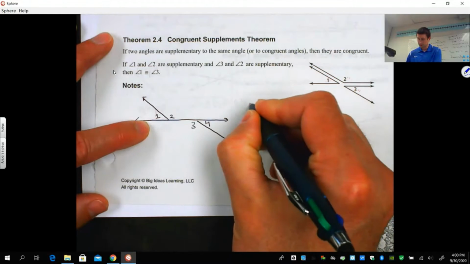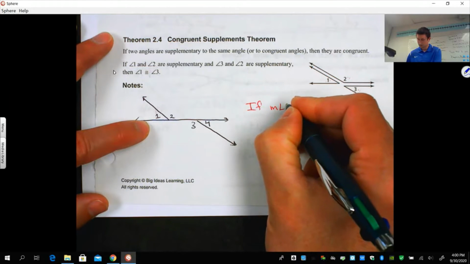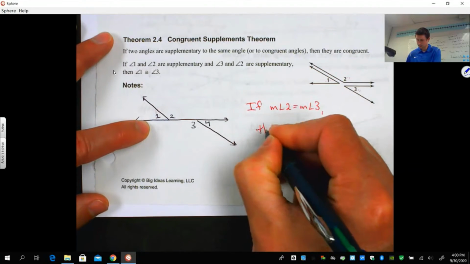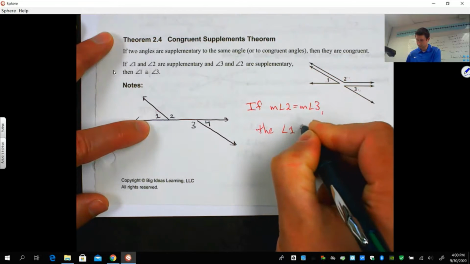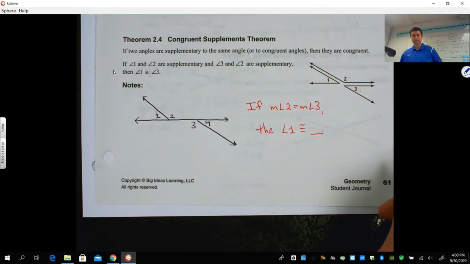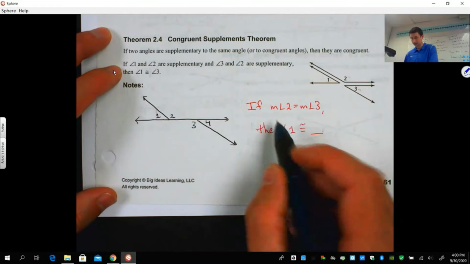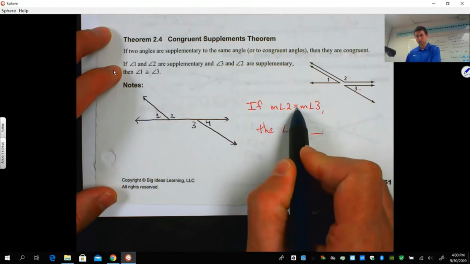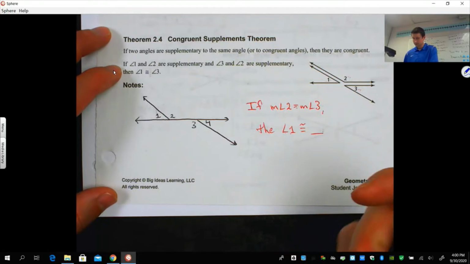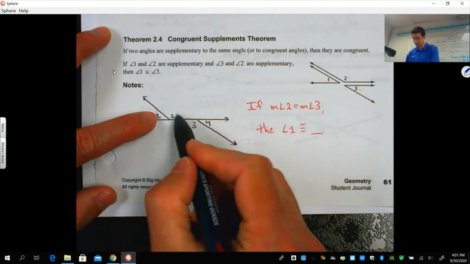So my question is, if the measure of angle 2 equals the measure of angle 3, then angle 1 is congruent to what angle there? Okay? So if measure of angle 2 equals measure of angle 3, again, I did this on purpose. The measure of an angle will be equal. Angles themselves will be congruent. Okay? So this is the congruent supplements theorem, and we're just stating that if 2 and 3 are the same,